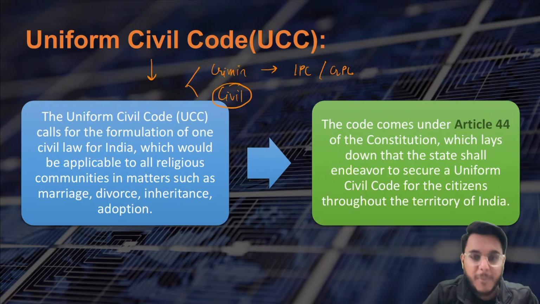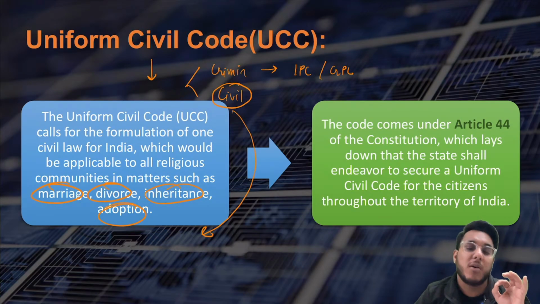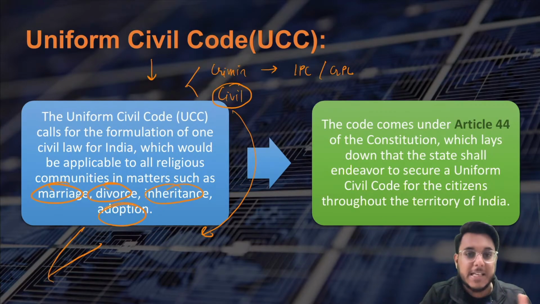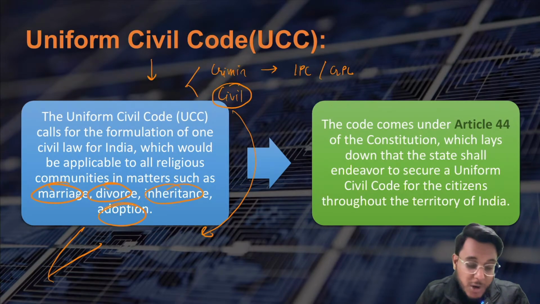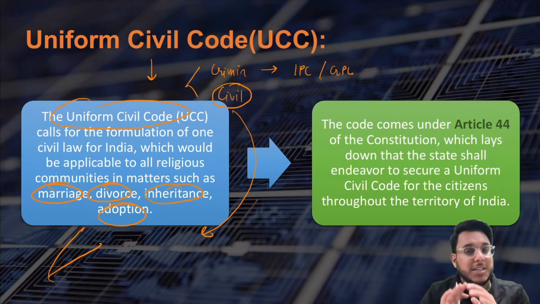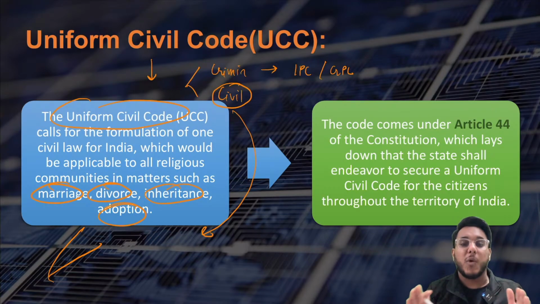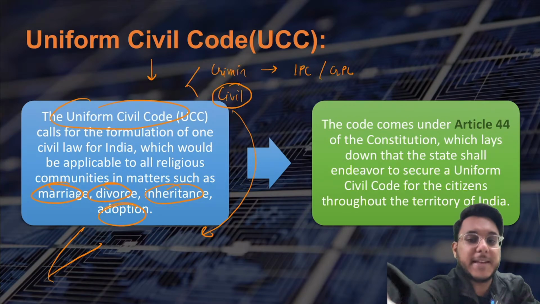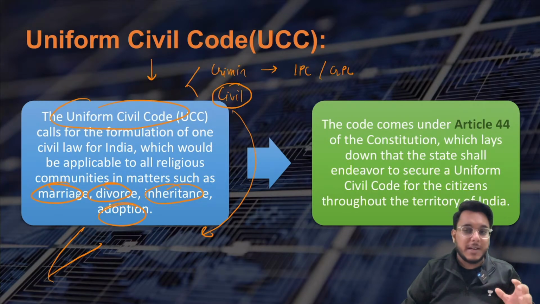Then the second are civil matters. Now, in civil matters, majorly the matters such as marriage, divorce, inheritance, and adoption are concerned. So, for these civil matters, right now we don't have uniform law. Right now, different communities can have their different law systems dealing with these four matters. Now, uniform civil code provides that no such multiplicity should be there in the civil matters. There needs to be one law system which will deal with all the